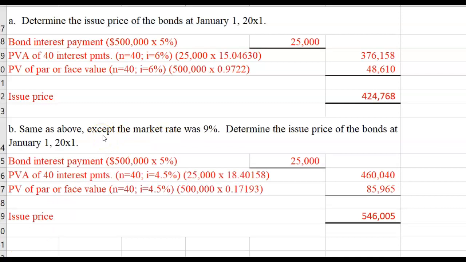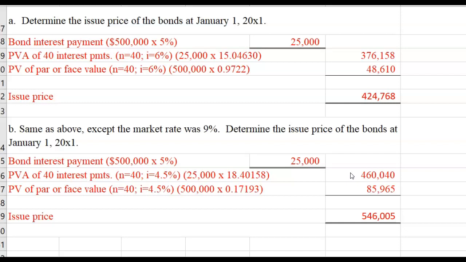In this example, then, the issue price is a premium $546,005, calculated as follows. Bond interest payment is the same. The present value of 40 interest payments where n equals 40 and I equals 1/2 of the market rate of interest, 4.5%, would be $25,000 times 18.40158, and that equals